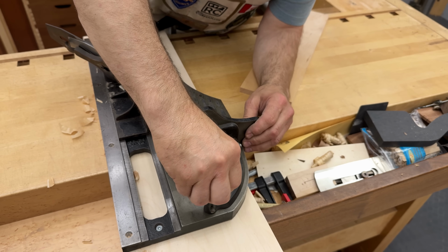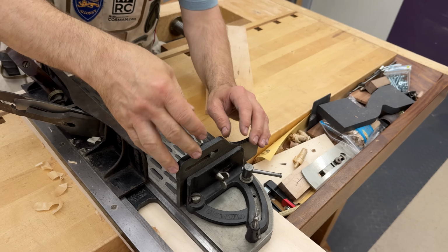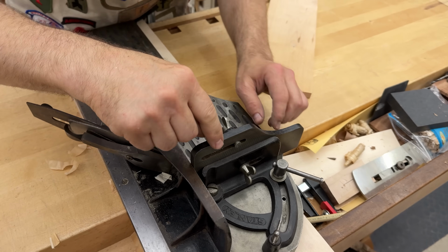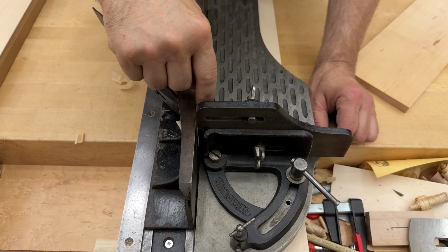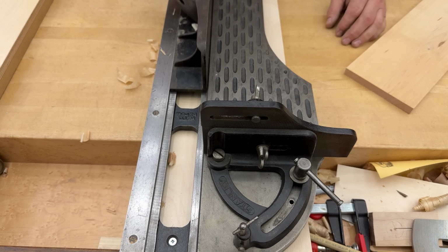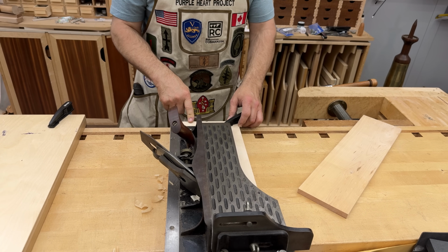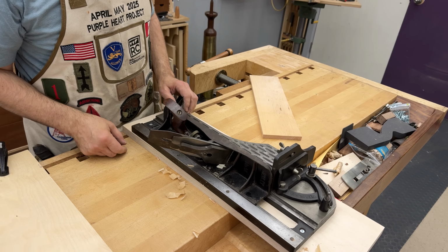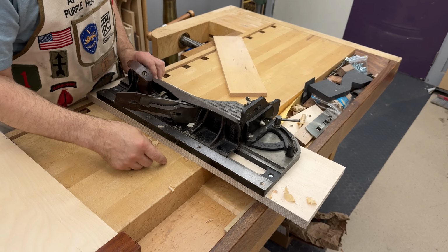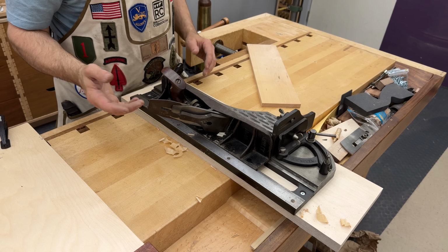You can also move this plate in and out so that you can bring your support in the 45 position or in the 90 position as close to the blade as you want. I just mount it to a piece of plywood because I only ever use it just to demonstrate, and then I've got that clamp down to hold it in place. But there's some other spots in here where you can screw down through if you were going to mount it